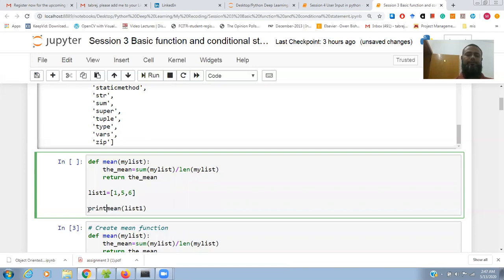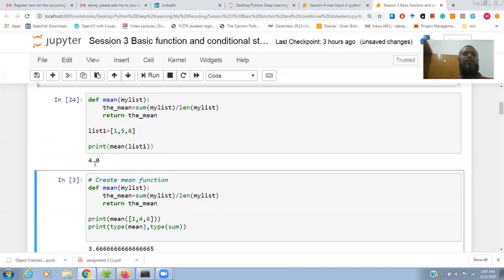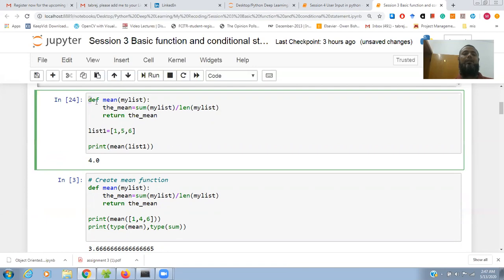Now we can see the output. It is 4 because 6 plus 5 plus 1 is 12, and 3 numbers, so it is divided by 3, so it becomes 4. So in this way you can declare a function in Python.